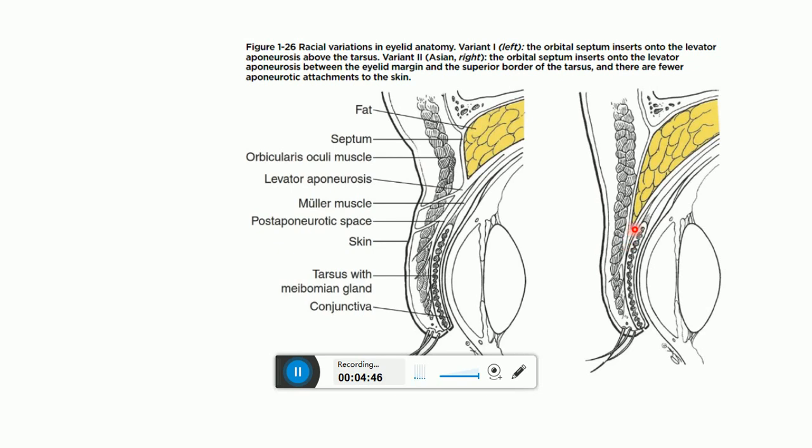In variant 2, here on the right, the orbital septum inserts into the levator aponeurosis between the eyelid margin and the superior border of the tarsus. This is superior border of the tarsus, this is eyelid margin. So it inserts here,